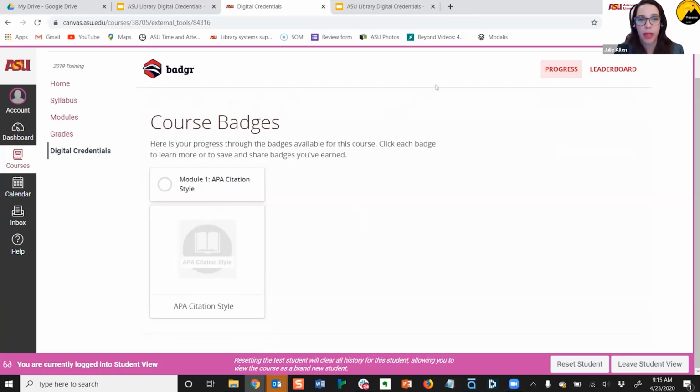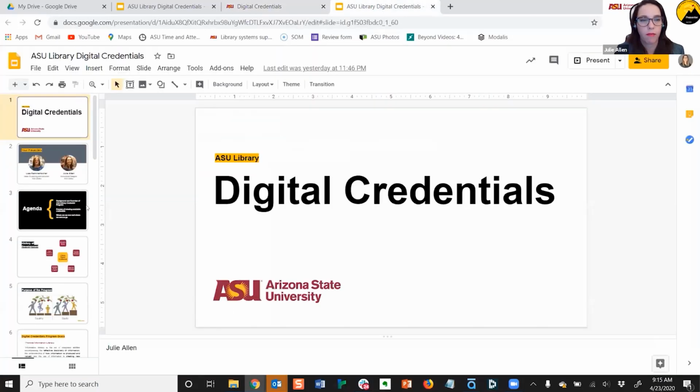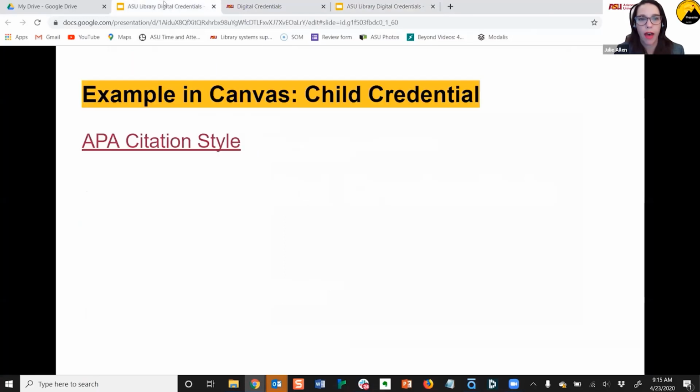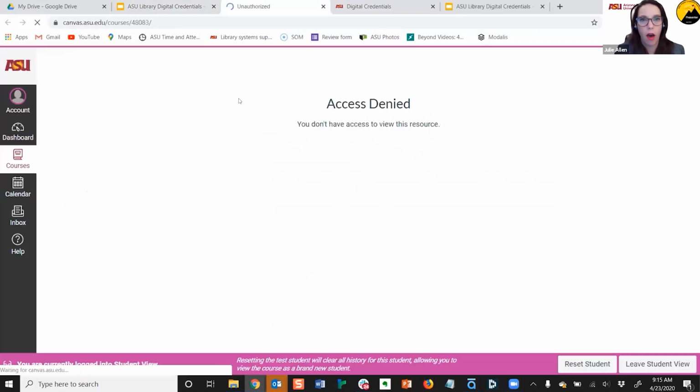So it's really seamless. We've been running this since March 14th, I believe, was our hard launch. We had a soft launch where we were transitioning from Credly to Badger, and we've only received a couple questions from students, so it's been working really, really well. My suspicion is that students are familiar with Canvas, so I would imagine it's a pretty seamless transition for them. And then from there, I'm really quickly just going to show you how we,